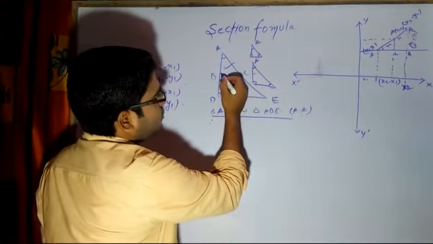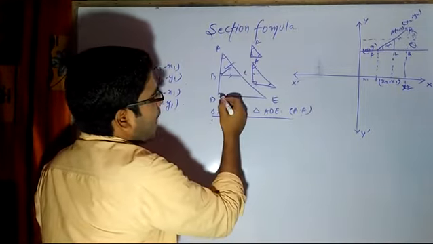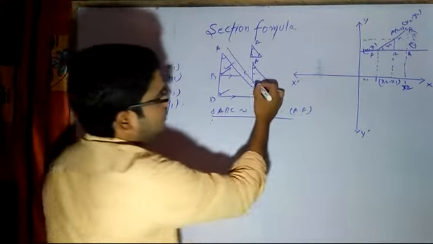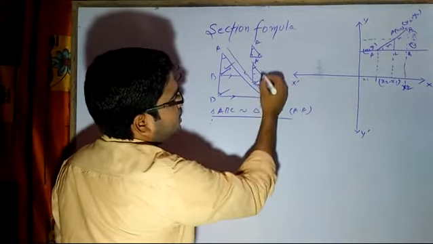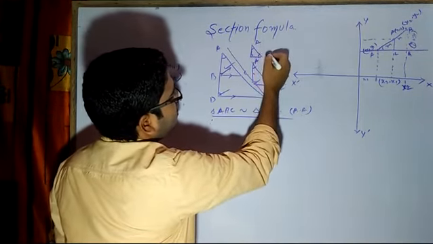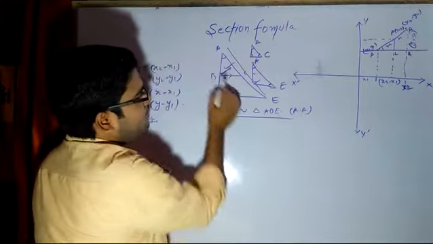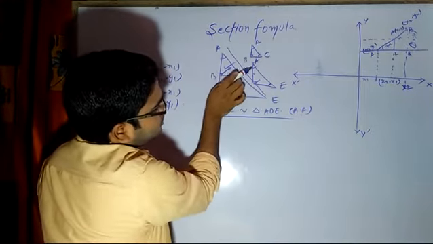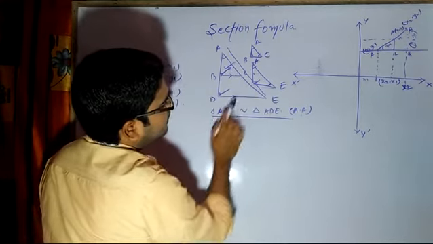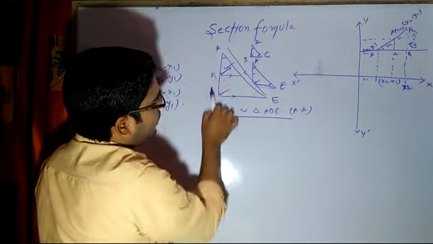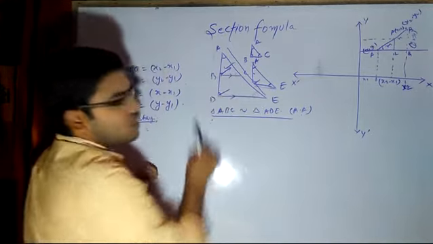So the angle opposite to this will be this side, the angle opposite to this side will be the whole side, right? Complete. If I say what is the opposite side to 90, that means A to E. And what is opposite to the 90 degree here? It will be A to C. Same way, the angle opposite to this will be equal to BC. Opposite to this in this case will be equal to DE, right? Opposite to this will be equal to AB. Opposite to this will be equal to this.